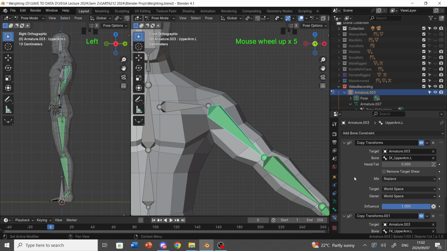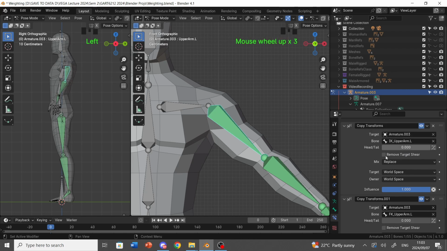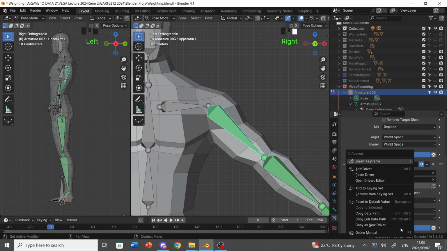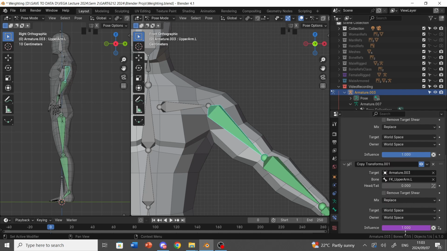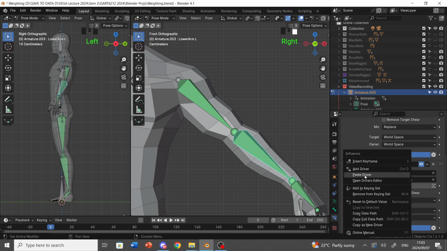So we need to go into the second of these. So not the first one, the second one here. And in the influence, which is this blue bar down here, we need to right click, and then it should be paste driver. There we go. And it becomes purple. So we need to do that for every one of these normal bones. So I'm going to say paste driver,